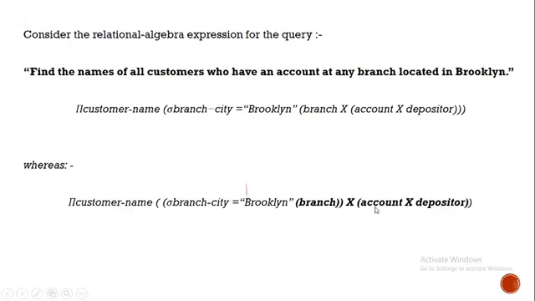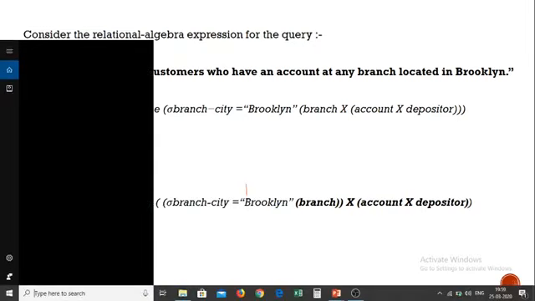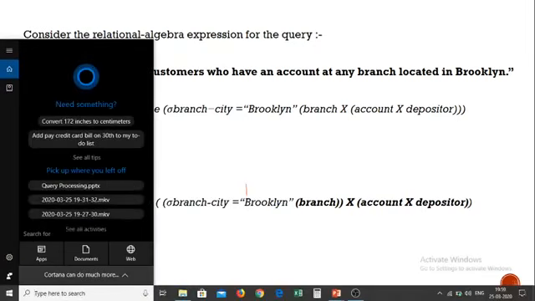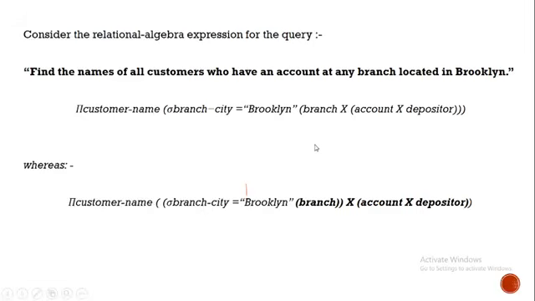Here first the selection operation is done. The tuples where the branch city equals Brooklyn are selected from the branch first, and then the result is joined with the result of account cross depositor. So here we can see what's the difference. The difference is that the branch,